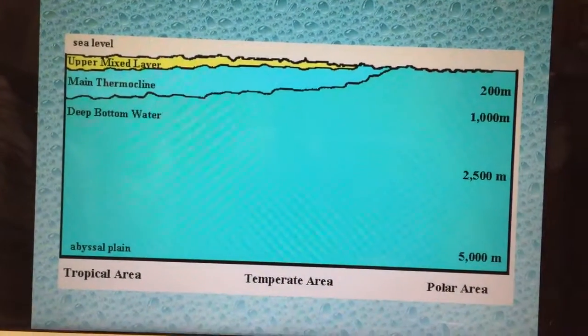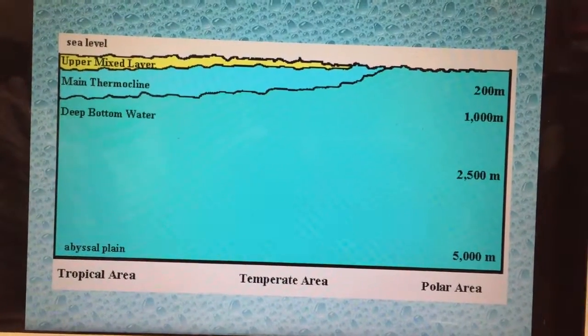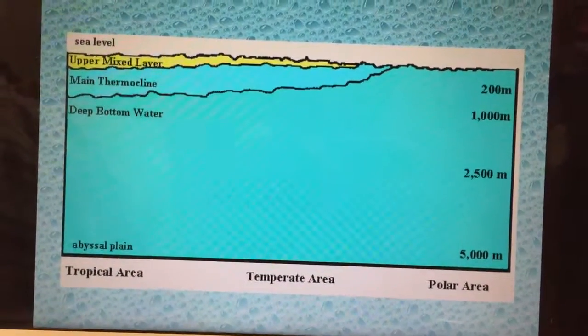Seawater temperature affects marine organisms by changing the reaction rates within their cells. Although each species